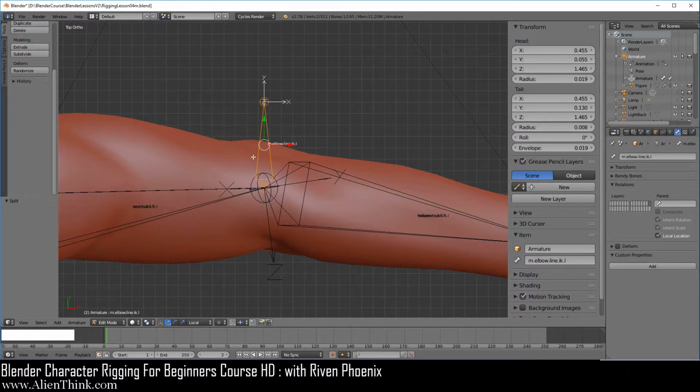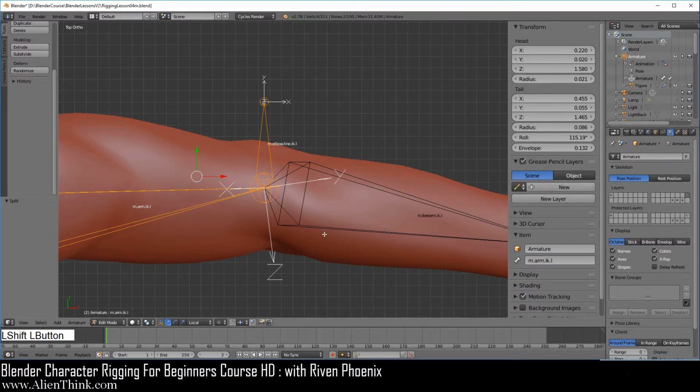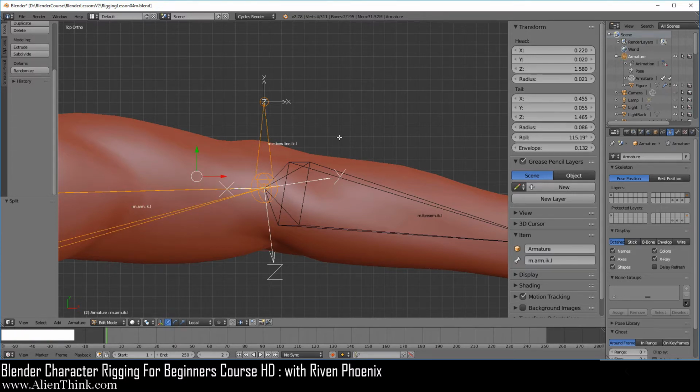Now the parent for this bone, really it can be either the forearm IK bone or the arm IK bone, because we're going to be using it to stretch to constrain, so it doesn't really matter. Here I'm just going to click on this bone, press the shift key down, and over here make sure that I'm selecting the m.arm.ik.l. Now if you're getting confused by this, you can of course just click over here and press the shift key down and turn off this layer, so you only have the IK bones layer selected. So here that's what I'm doing. Okay, I clicked on this one, press the shift key down, click on this one, do Control P and just do keep offset.